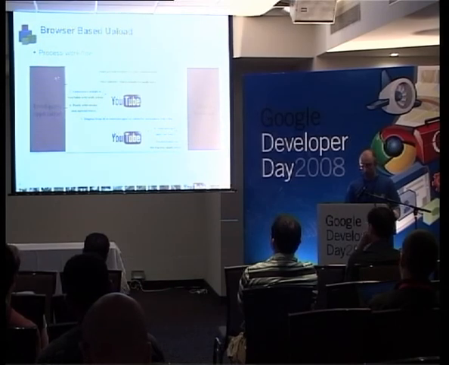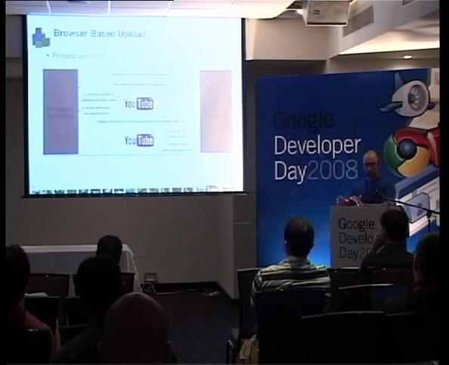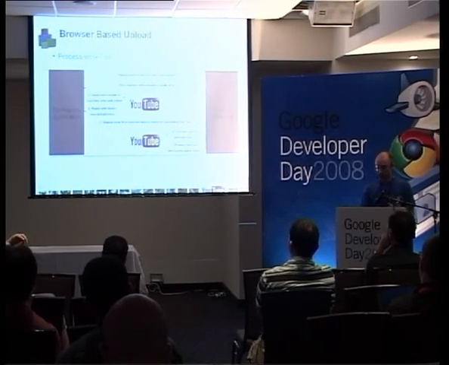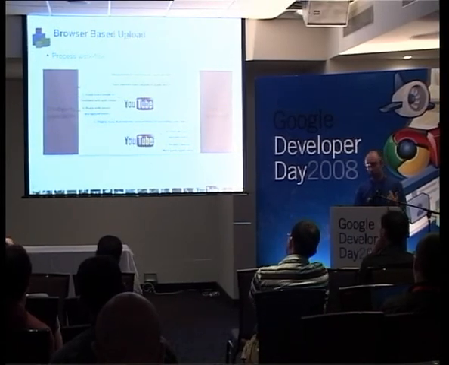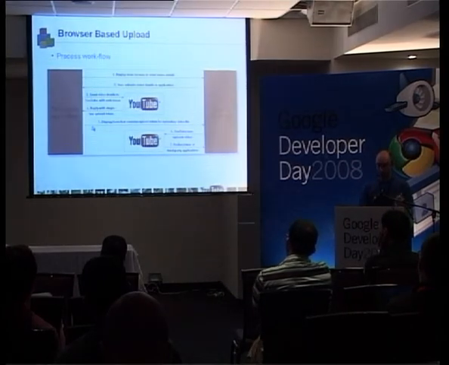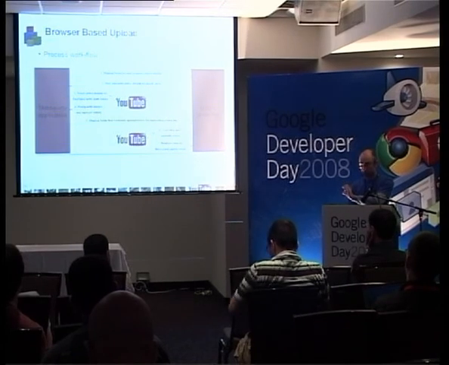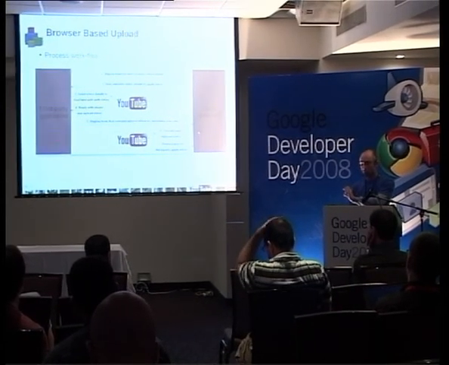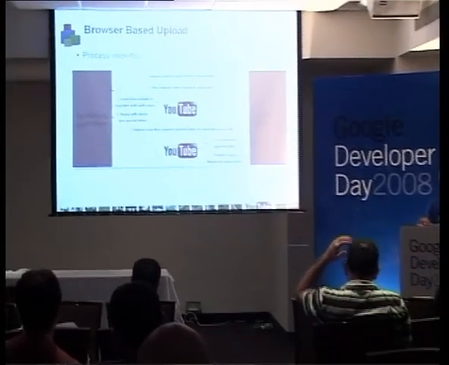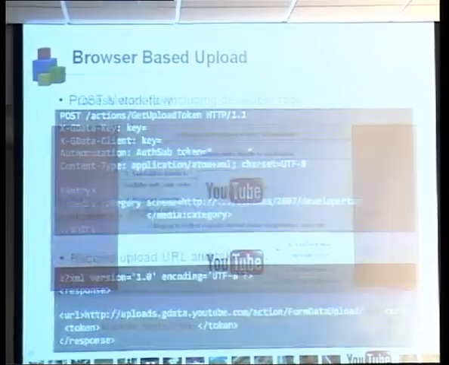Same thing, this is the user, this is your website. You display a form for the users to enter the video. He's going to enter the metadata, title, description. He's going to send it back to you, then you're going to send it to YouTube. We're going to reply with a single use upload token and a URL, with which you're going to create a form. This is the second step. Through this form, the user is going to upload the video, and then we're going to redirect the user to the last URL you want us to redirect the user to.